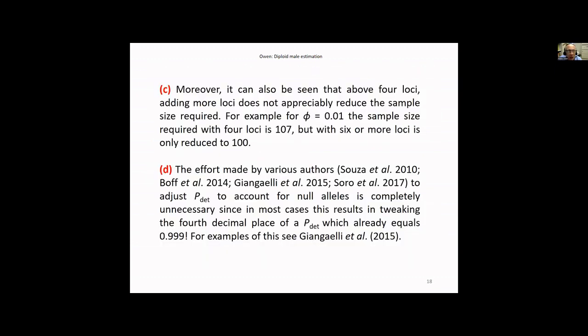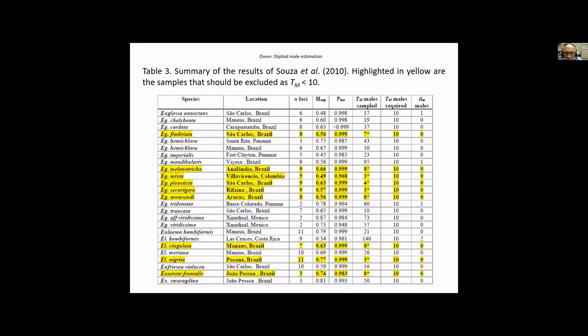And you see that adding loci really doesn't change anything. You're changing the sample size very little, and also tweaking the 3rd or 4th decimal place of the p-det is simply unnecessary. Now, just briefly, I don't expect you to read all these tables, but I reanalyzed the data,